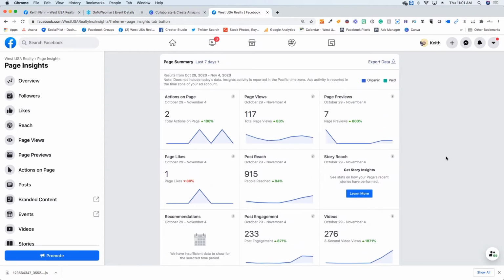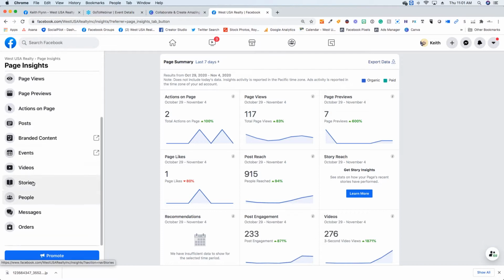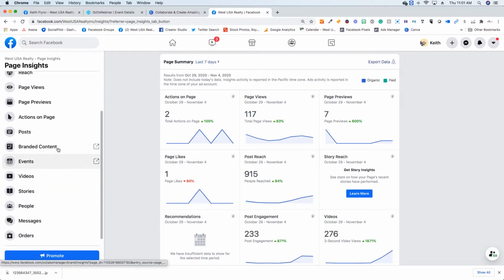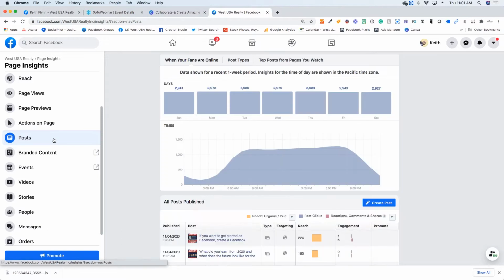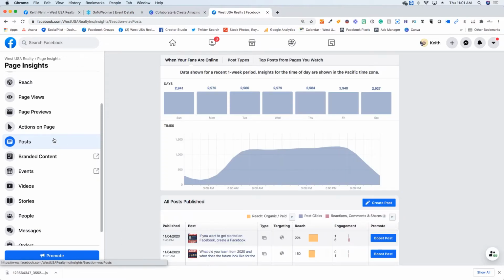So a lot of other businesses and other industries will use this as insight to help them craft and create their marketing stuff. Insights is really cool. So I just want to run through that real quick. Other stuff on your navigation over here on the left-hand side, your posts. So you can go directly to your post and see in your insights,